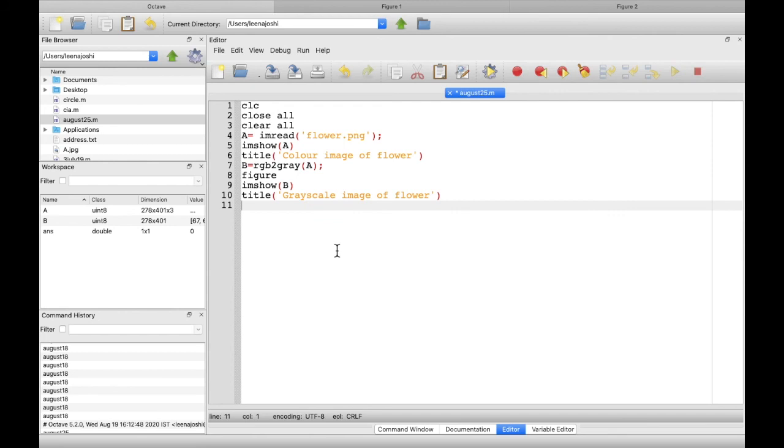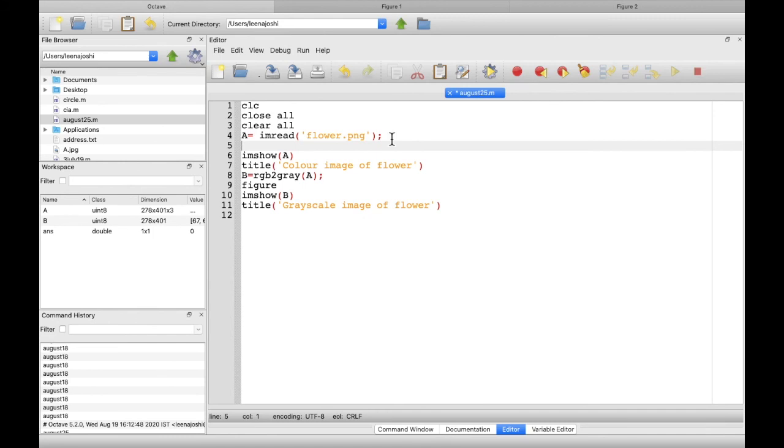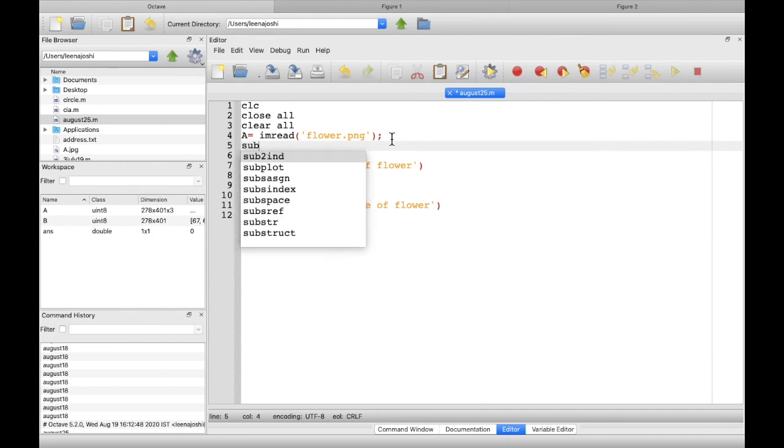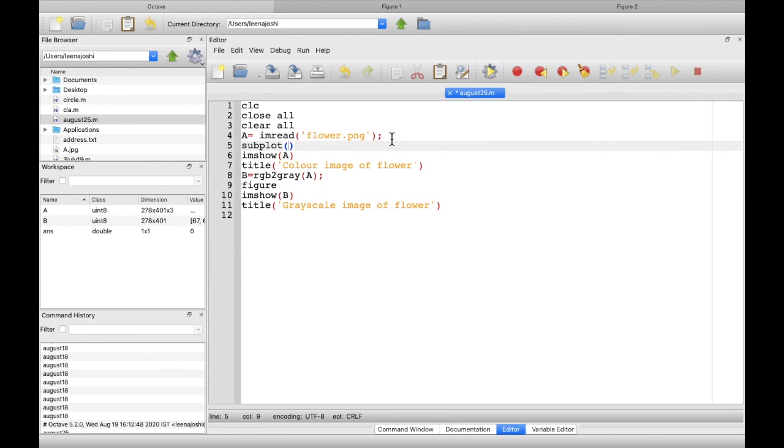So I just want to create one row and two columns here. So I will put this before imshow. I will say subplot. I want one row, two columns, and this image I want to be placed in first position.